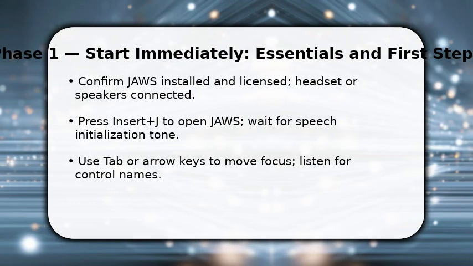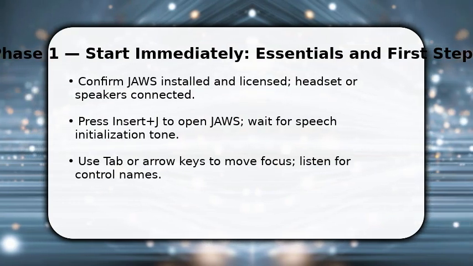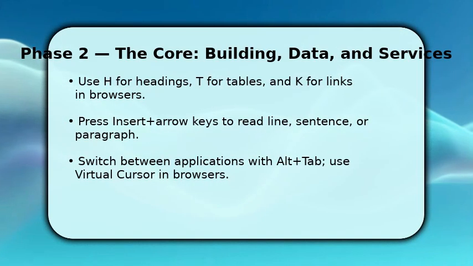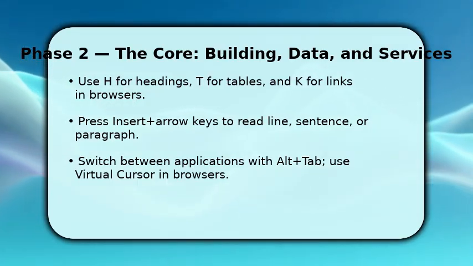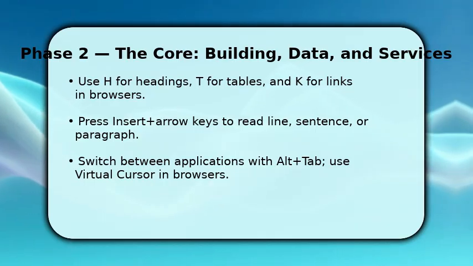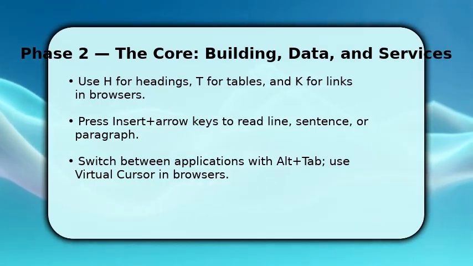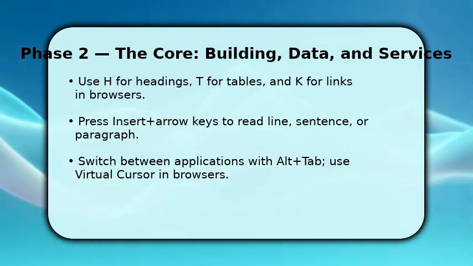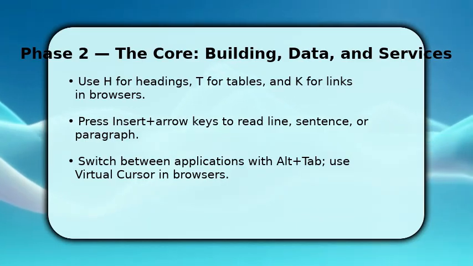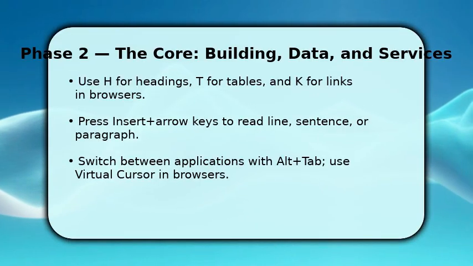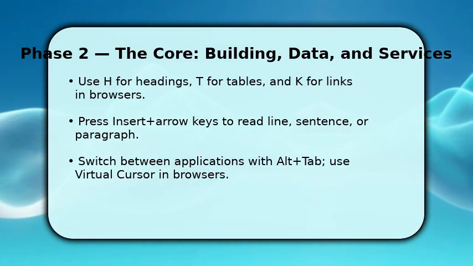Now you'll navigate content efficiently by using JAWS navigation keys. Press H to jump headings, K for links, and T for tables when in a browser. These shortcuts map the page. To hear content you're on, use Insert plus left or right arrow for line or sentence reading. Hold and release for control. When moving across programs, use Alt plus Tab and rely on the virtual cursor in browsers so JAWS treats web